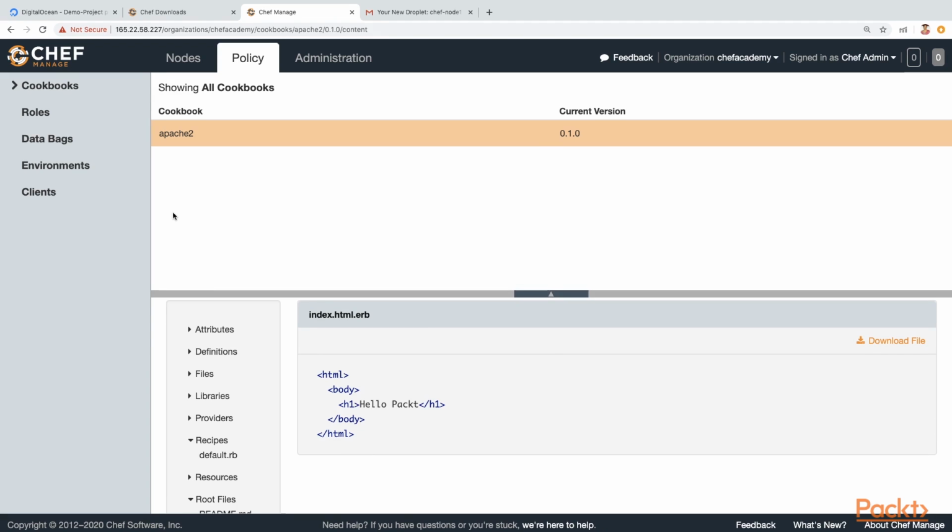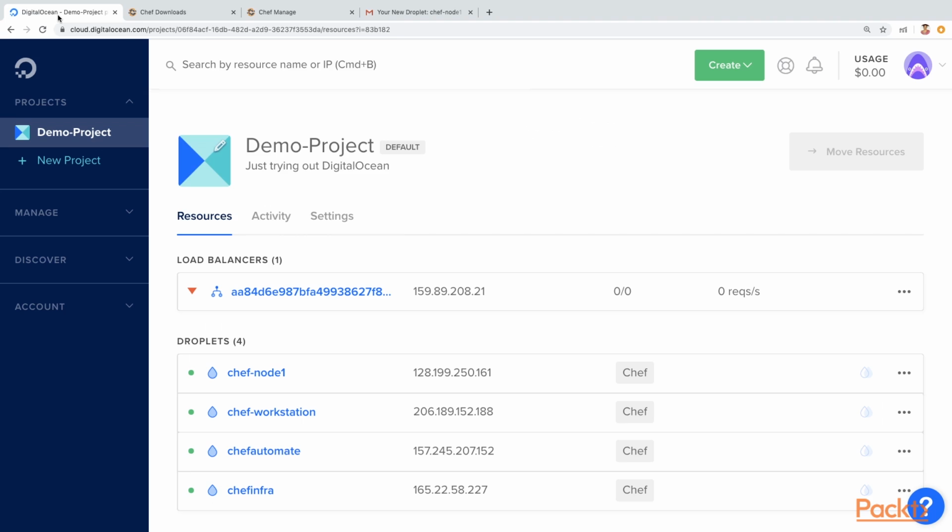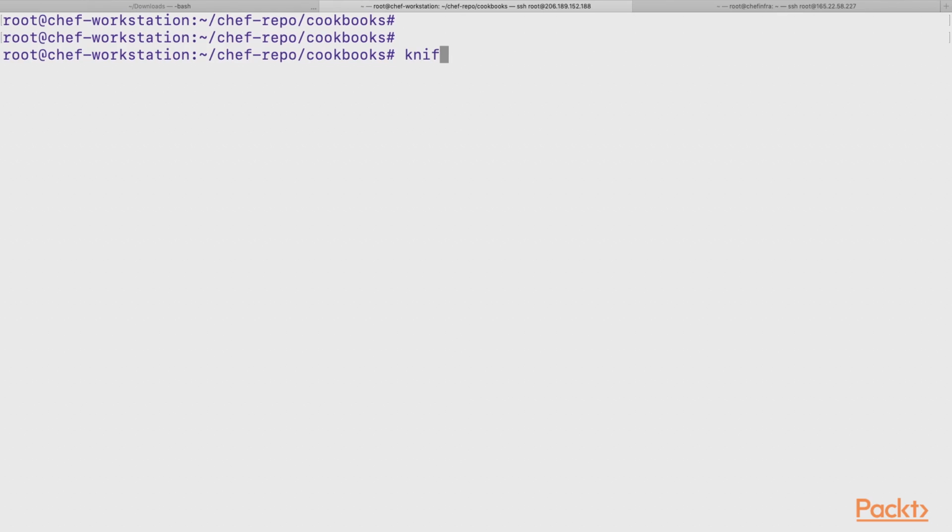So now let's go ahead and bootstrap a new node. I want to bootstrap a node called chef-node1. Let me pick its IP address and execute the bootstrap command. The knife bootstrap command takes the server's IP address, so I'll give the IP address of the server which we copied. It will connect to the remote server via an SSH user, so I would specify the SSH user. In our case, it is root. We would also specify the password with which it would log in.